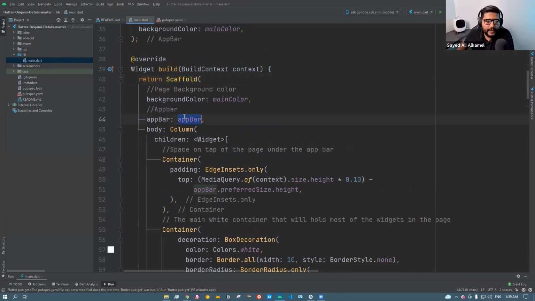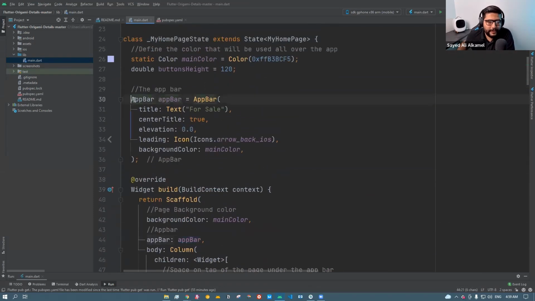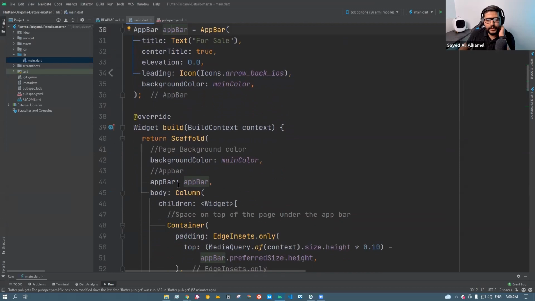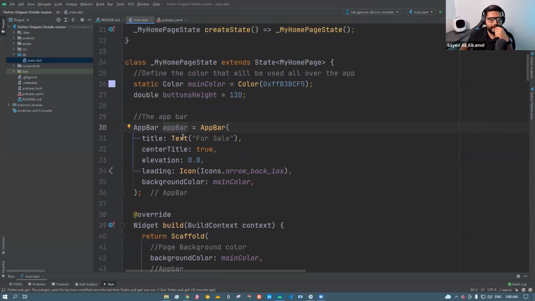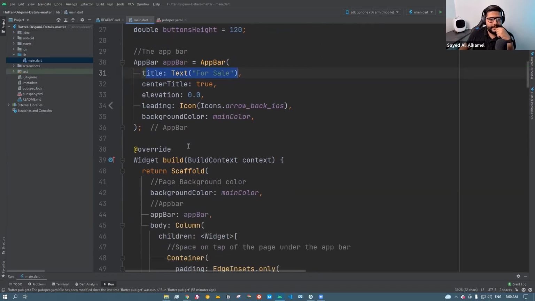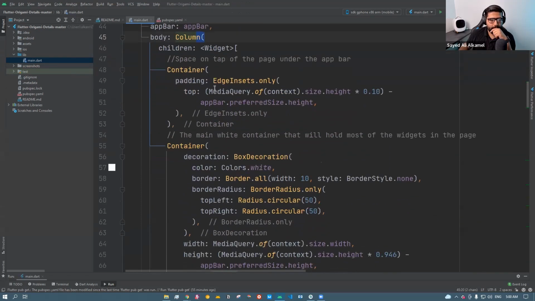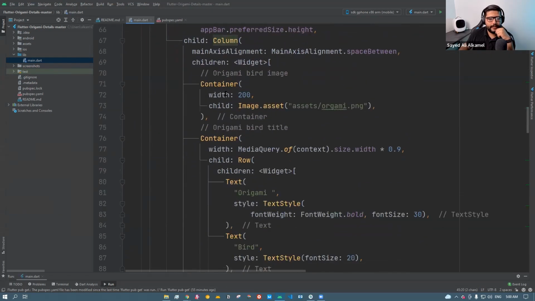It was defining an AppBar. Here the AppBar is done in a different way, just demonstrating that you are able to define a widget in a variable way, and you can reuse it inside of the widget where it's supposed to be used. And inside of the body, you have the column here, containers,